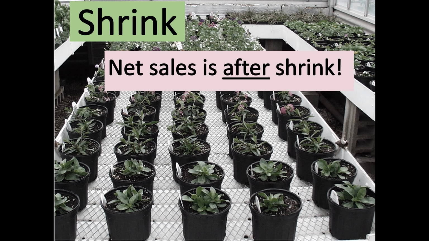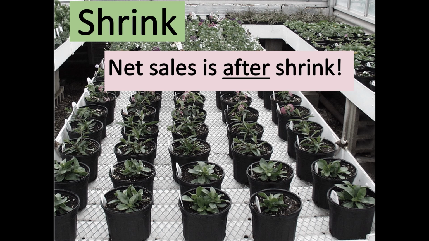The implication there is that we lost money. It sounds counterintuitive, but the implication is we lost money because we weren't charging enough. We can imagine that if we grow 100 of these geraniums, if we only sell 95 of them at $3, that's better than selling 100 of them at $2.50. Experts have suggested that at retail, a reasonable amount of shrink to maximize profits might be 5%. So we want to eliminate shrink because we dried stuff out, or because we got our timing wrong. But we understand at retail there's going to be some level of shrink, and that helps us to know how our pricing is scoring out.